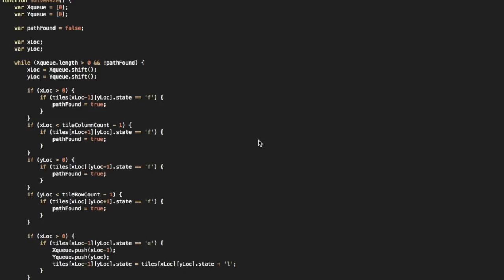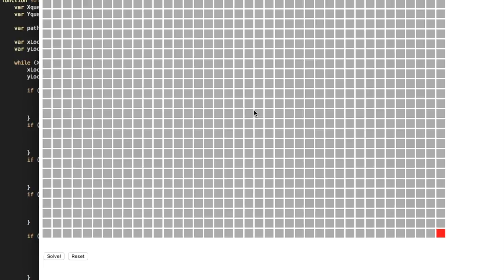I know I promised to make my maze solver smarter, but I've been working on some other things recently, so I'm finally getting around to this, and I'd like to show you guys a way to make this maze solver a little bit smarter. So what we've done so far is we have the start in the top left corner